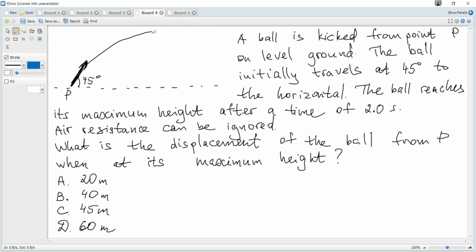So first of all, what is the required displacement vector? Displacement is a vector which connects the starting and the end points. So it's this vector. This vector is the required vector, let it be S. And we can see that it has two components, horizontal component Sx and vertical component